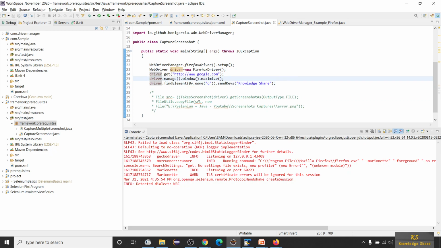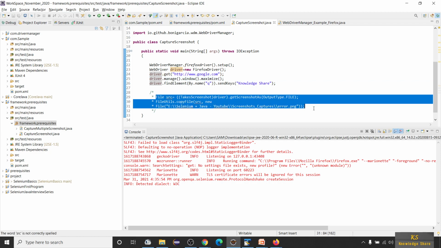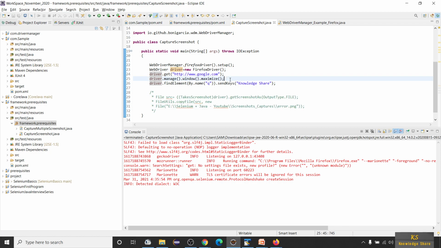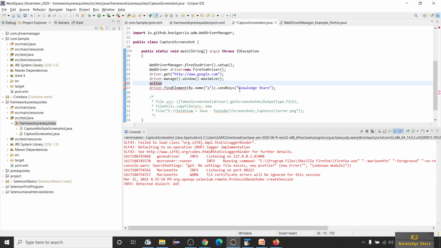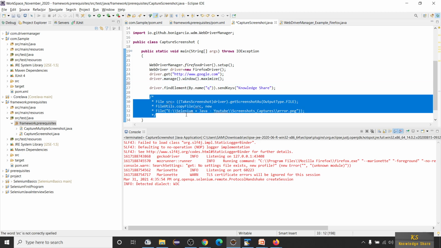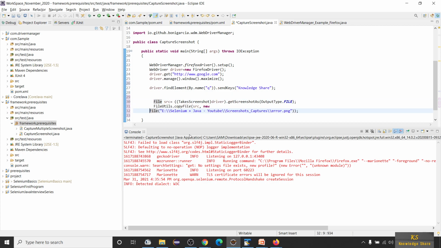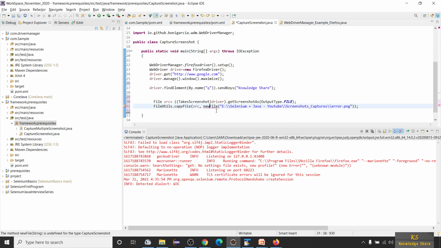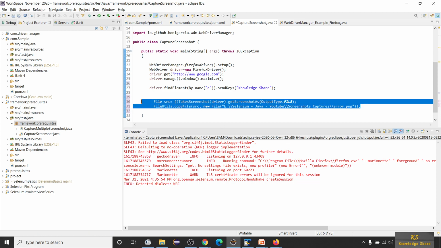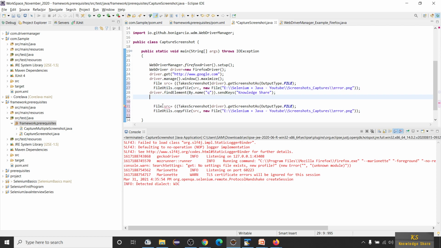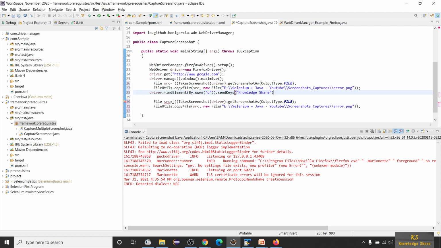To capture two screenshots, generally we have two lines of statements for capturing a screenshot. So I cannot paste these, right? Let me say in general what you will be doing. You might be thinking that we will be using it like this, right?